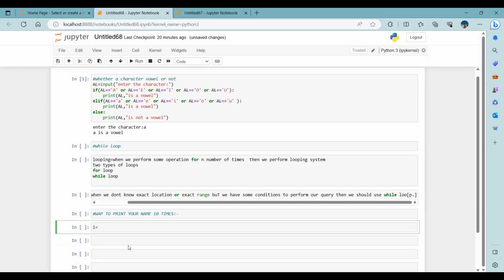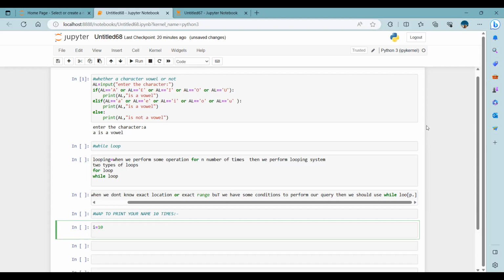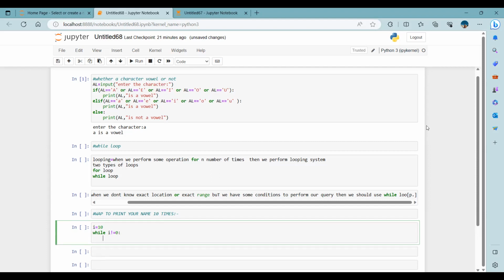Starting from I is equal to how many times? 10 times. Okay. First of all, I'm writing down the code, then I'll explain it to all of you. I will teach how the tracing works. I is equal to 10, the number of times I have to print my name. I put the integer value in the variable, I is equal to 10. Then while I not is equal to, sorry, 0, while I not is equal to 0, enter,